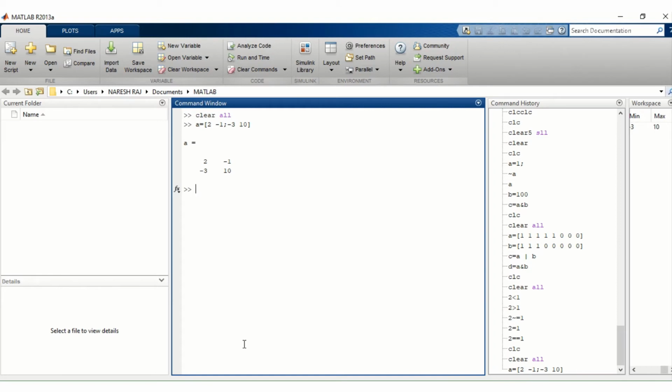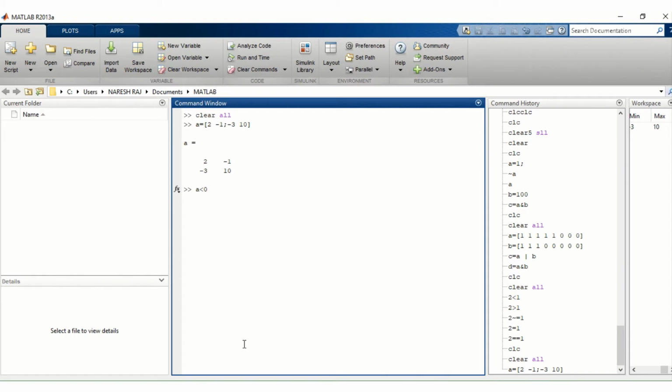Now if we want to see A less than 0, then in this matrix those elements which are less than 0 will be 1, and those elements which have a value greater than 0 will be 0 at their place.